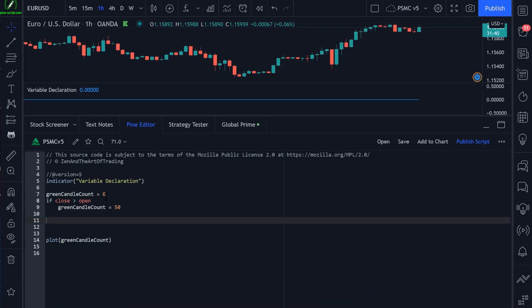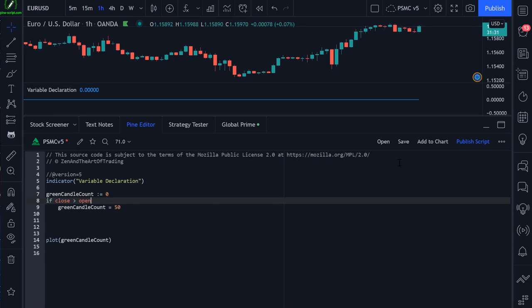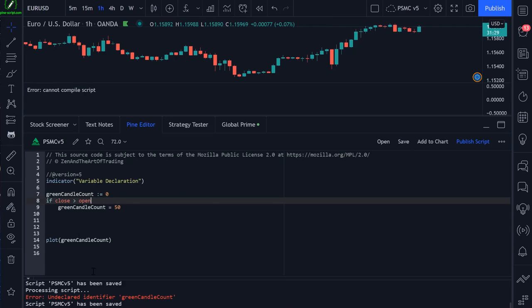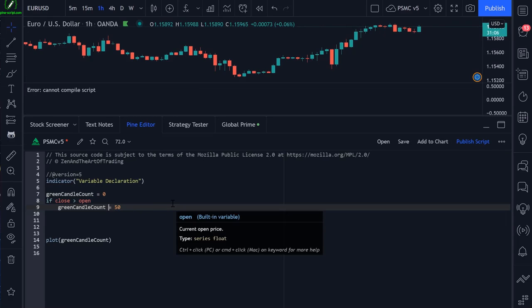So when you're first declaring a variable, you need to use the equals. That initializes the variable. You can't use the assign variable until the variable already exists. So if I save the script now, we'll get an error that green candle count is an undeclared variable. So the equals sign is for declaring a new variable, and the colon equals is for reassigning an existing variable